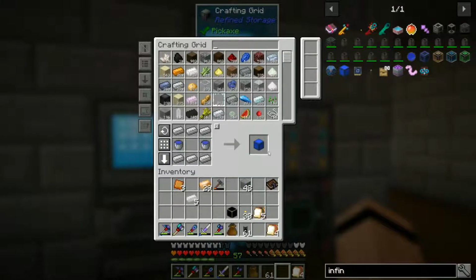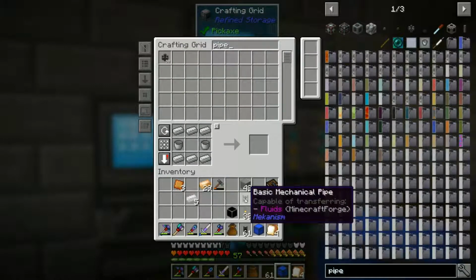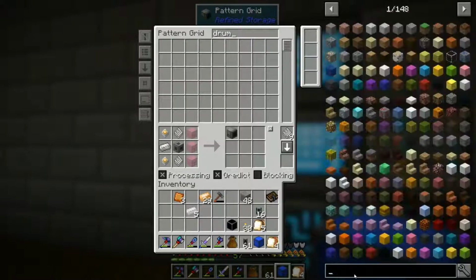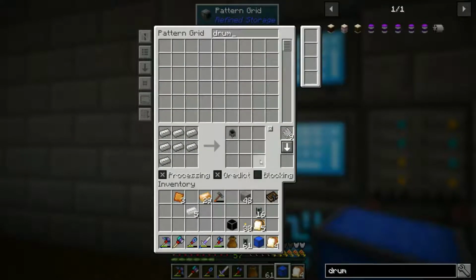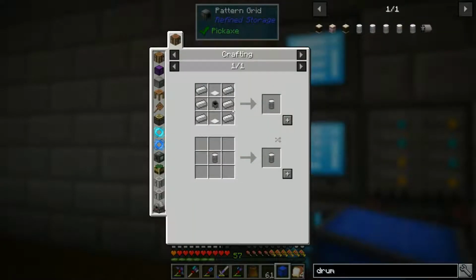So, we'll grab this. And I'm going to get a pipe. Right? Mechanical pipe that transfers liquids. And I'm going to want a drum for the output. And we might as well set up the pattern for a drum, that we're always going to need drums. Stone drum and iron drum. This is really easy. Is this processing? No, it's not. Alright, so I'll make this pattern, and I'll make that pattern,